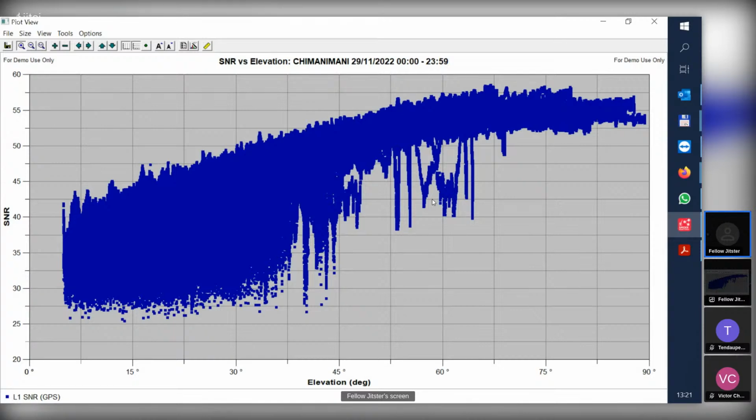You also see the same because you have a lot of obstruction. So all these drops at high elevation. So this is 60 degrees. So this is really at this elevation, satellite is there and it is obstructed by something. This is why the power of the signal drops suddenly and then bumps back. So it really looks like this